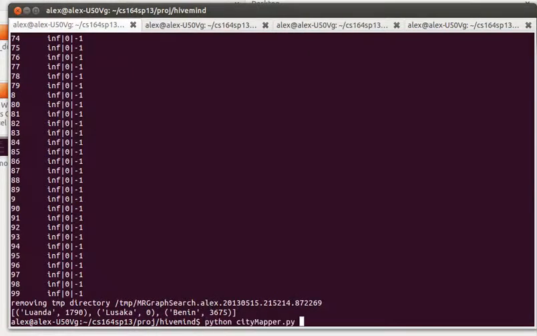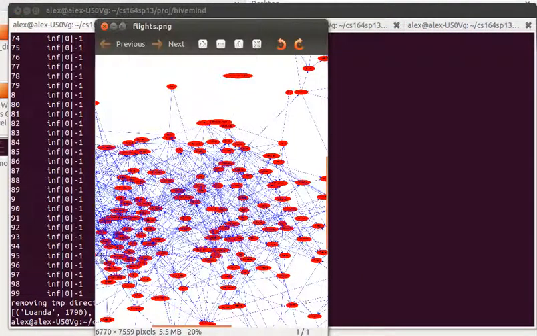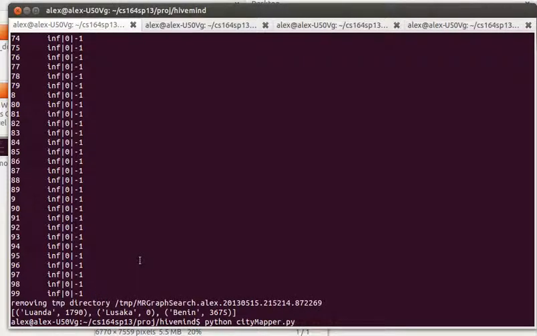The second example I want to show you is one that processes a large data set. This data set is a bunch of cities connected by weighted lines, which tell you how far away each city is from another. So it's kind of like a flight simulator. Here I want to see that Lusaka, which is the input node, is connected to Benin and Luanda at